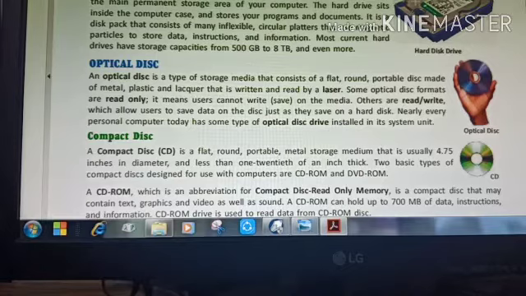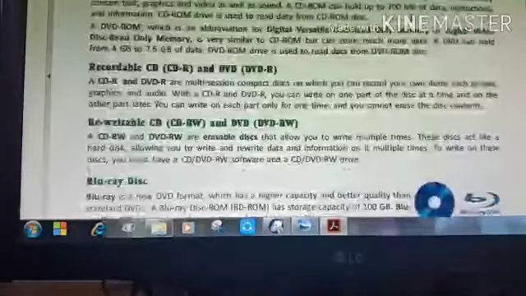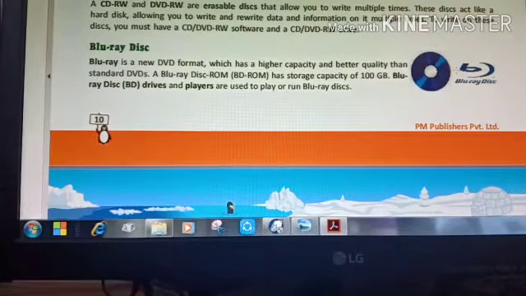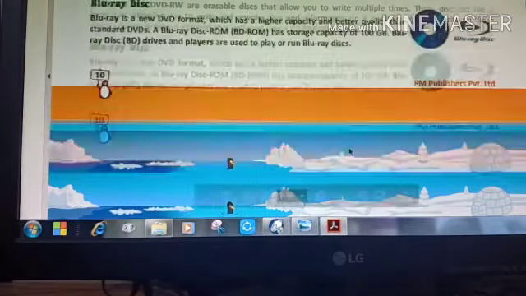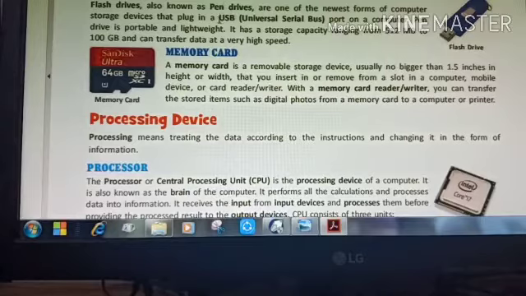Students, we have different kinds of CDs available, like CD-ROM, which means compact disc read-only memory, and DVD-ROM, which stands for digital versatile disc read-only memory. Children, a DVD can store much more data. We have the Blu-ray disc also. Children, this is a Blu-ray disc, you can see. It is scratch resistant. Then we have the flash drive also. We all use pen drives to store our data, which is a portable medium. And the memory card, you must have seen, is also a portable medium and you can add it in your smartphones also.